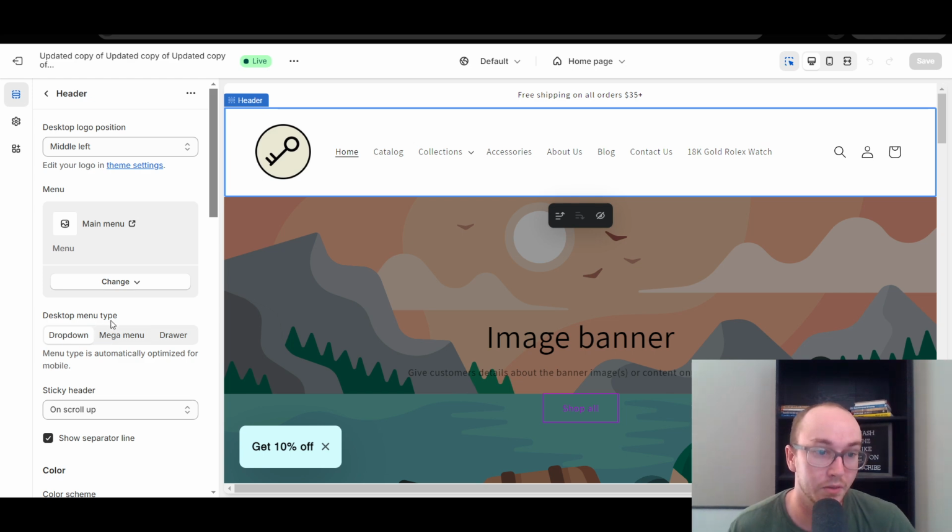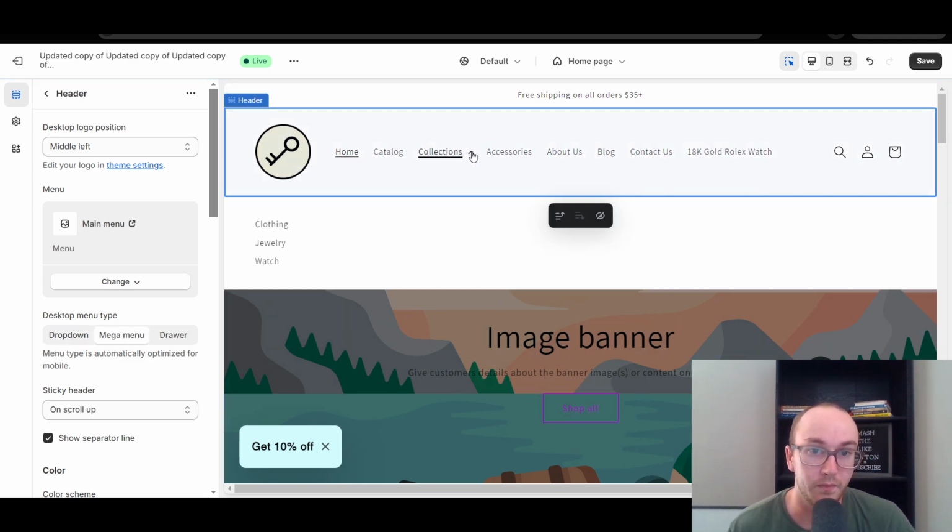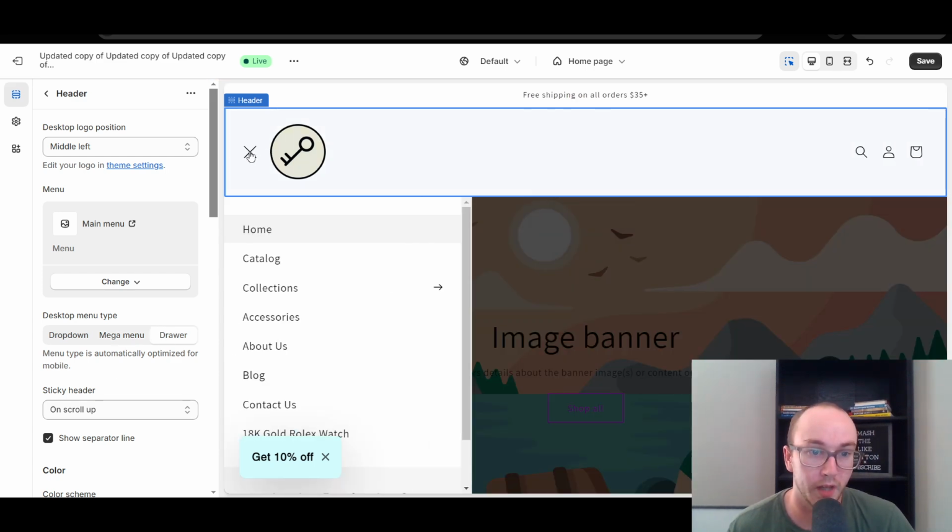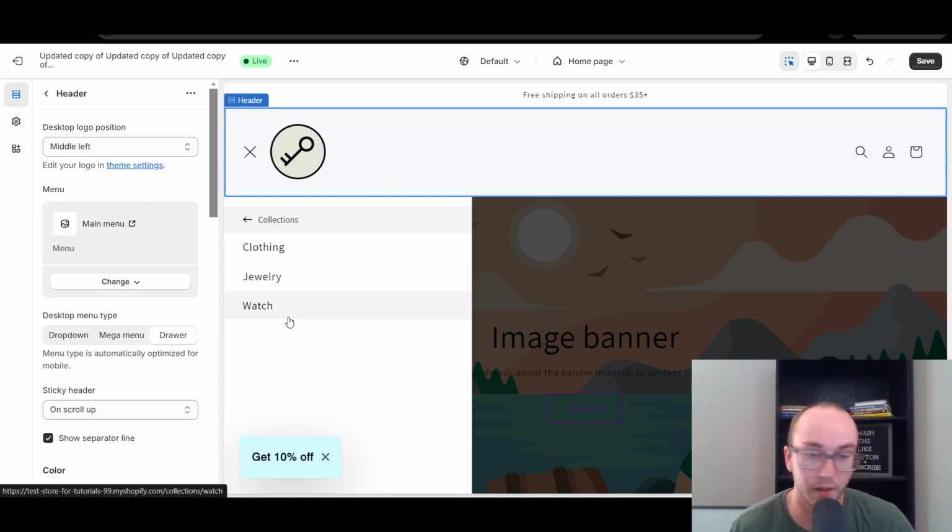You can have it set to be like a mega menu, where it would appear like this when you click the drop down. You can also have it as a drawer. That's more like what mobile devices typically go with, but that's another way to go about